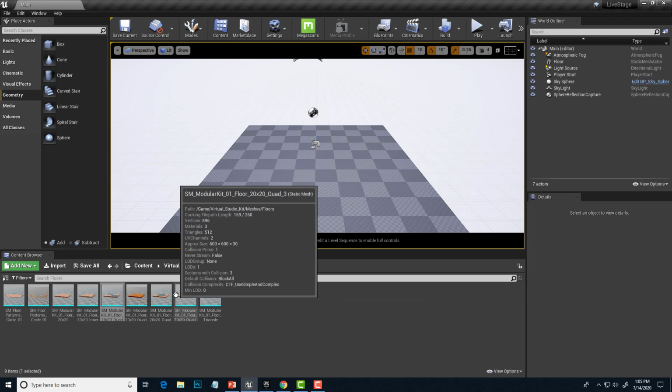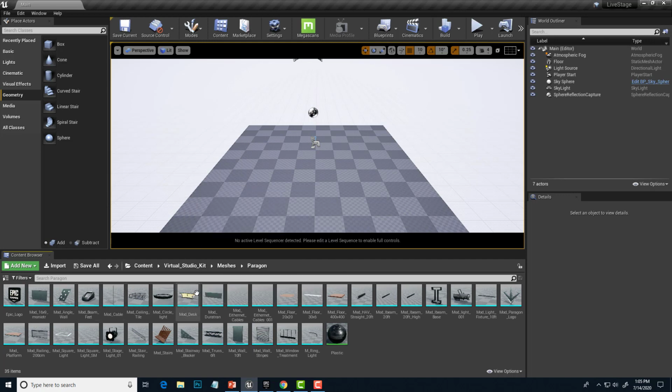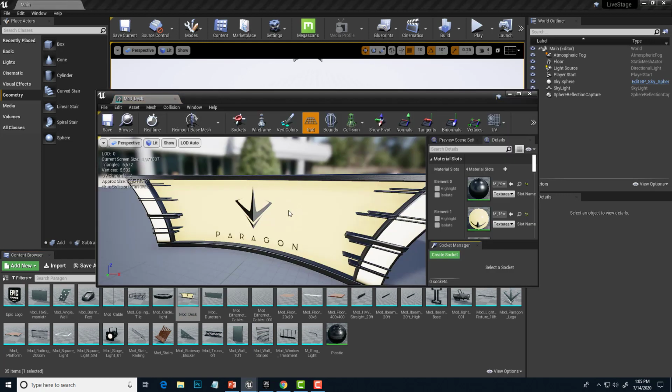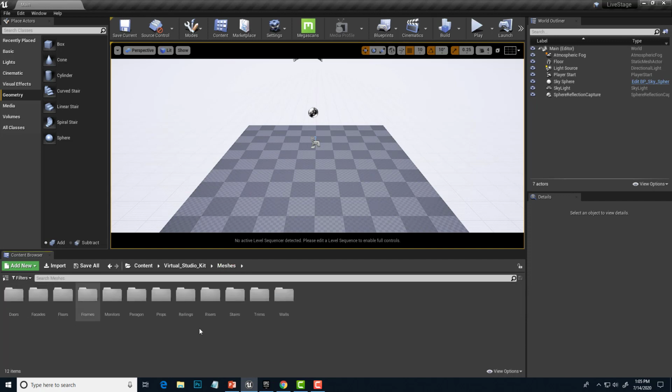Let's take a look at just a couple other things here. I highly encourage you to explore all of these folders and look at all the different pieces and things that are available in here to use as props and set pieces. Just like with a Lego kit, it's fun to know what pieces you have before you start really building your project. And to learn a little bit about how those pieces could be used, I'm going to go back out